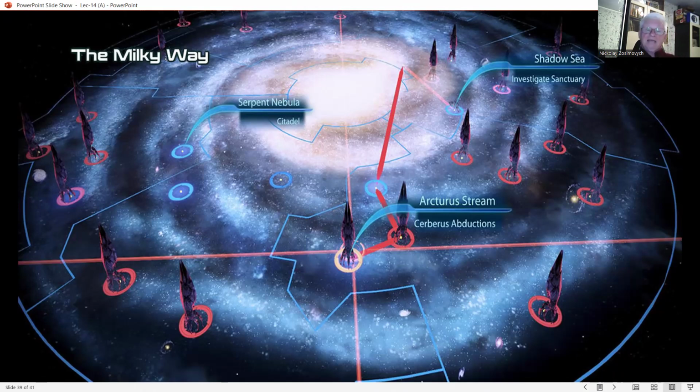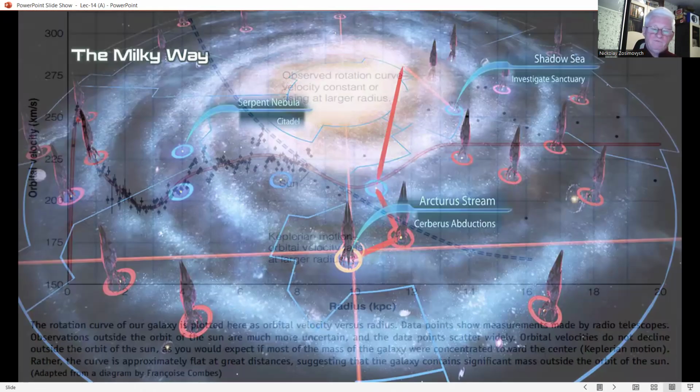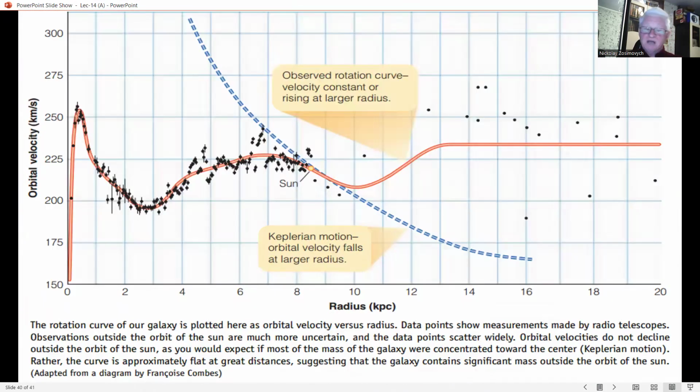Differential rotation is different from the rotation of a solid body, a carousel, for instance. Two wooden horses side by side on a carousel will stay together as the carousel turns. But three stars lined up in a galaxy will draw apart because they travel at different orbital velocities and have different orbital periods.